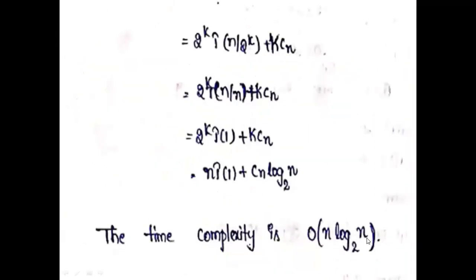So in quicksort, the worst case means the partition element is the nth element. The array is divided into two subarrays, but when the partition is at the nth element, there is no second subarray, only sorting the remaining n minus 1. That's why in the worst case the time complexity is n square. In the previous case, the best case is n log n.